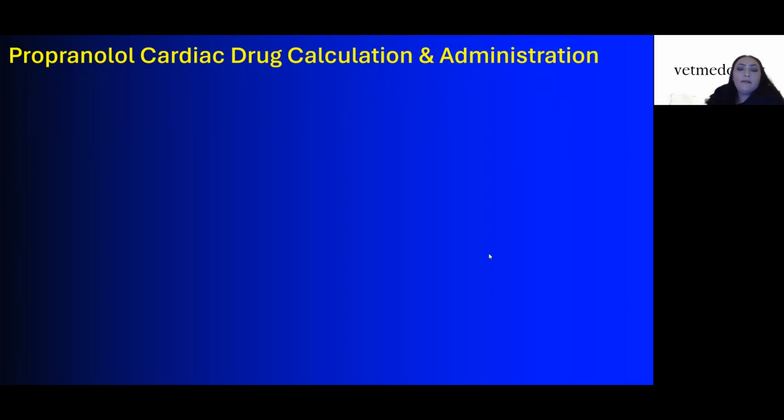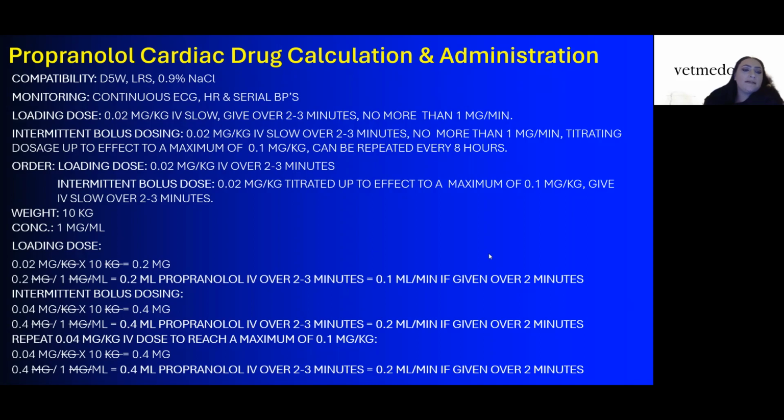All right, so propranolol, this is basically not a titrated cardiac drug, but it is a cardiac drug that requires some calculation and administration instructions. It's compatible with D5W, LRS, and regular and normal saline. The monitoring includes continuous ECG monitoring, heart rate, and serial BPs. You will see dogs that bite into asthma inhalers, basically albuterol, go ahead and receive propranolol a lot of the time. So loading dose is 0.02 mg per